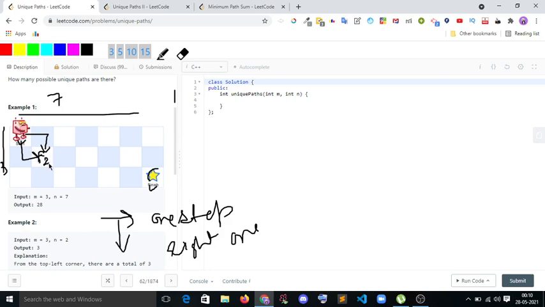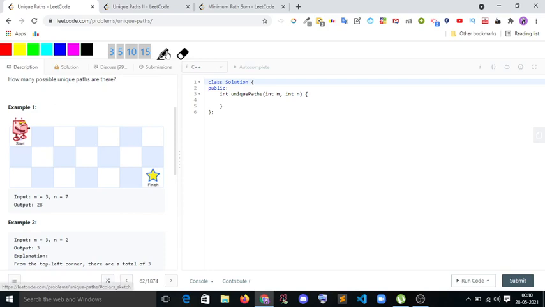It's definitely two paths. And if I really want to reach this point, which is my finish point, how many ways can I reach here? There is only one way to reach this finish.